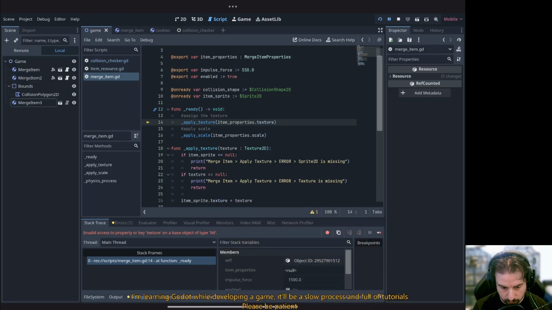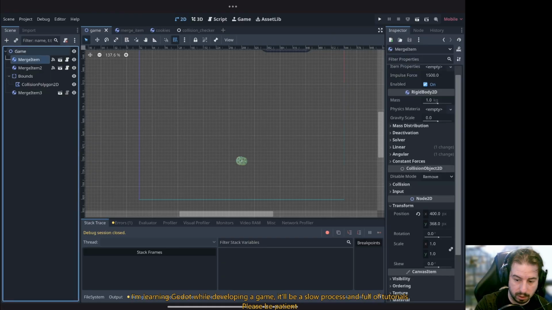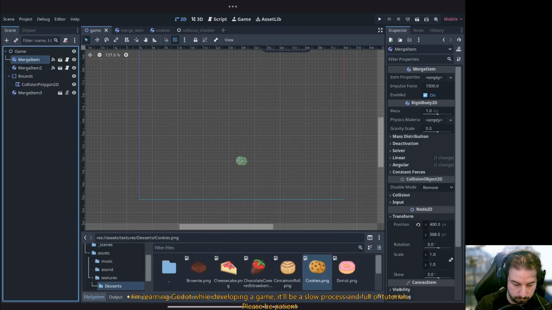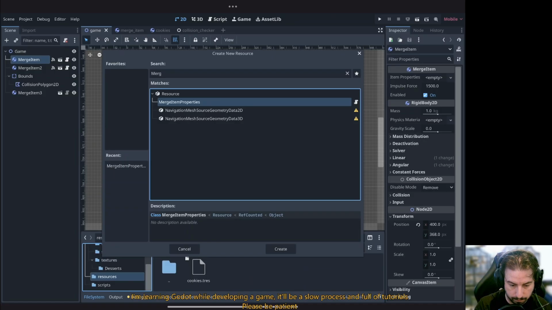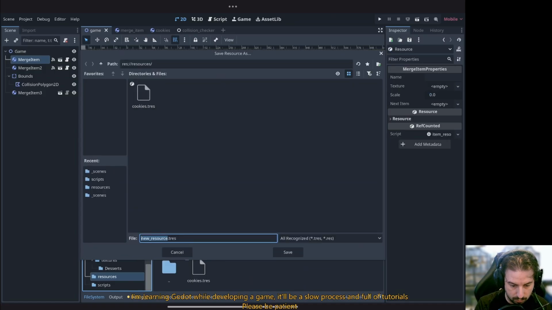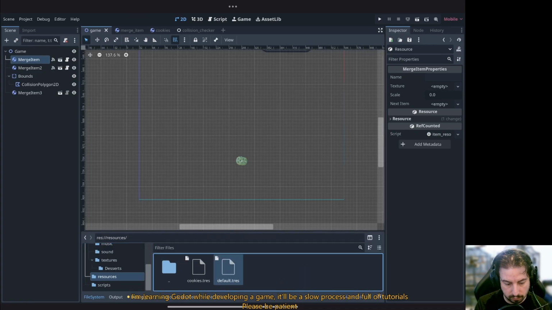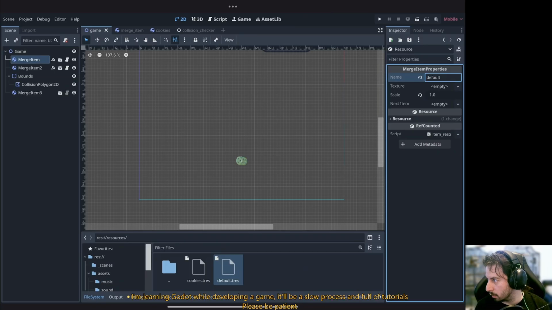Valid access to property or key tag. Okay, yeah, of course. That's because our merge item doesn't have any properties. So I will create a new resource. Let's call it default. So our default texture, we have a scale of 1. The name will be default. And the texture, we can go without the texture,